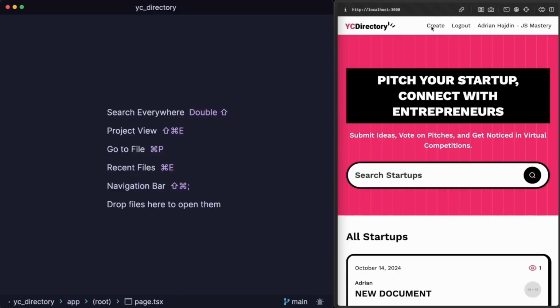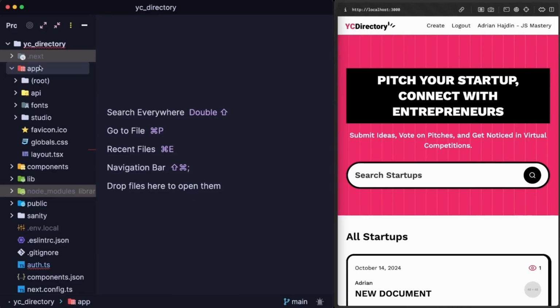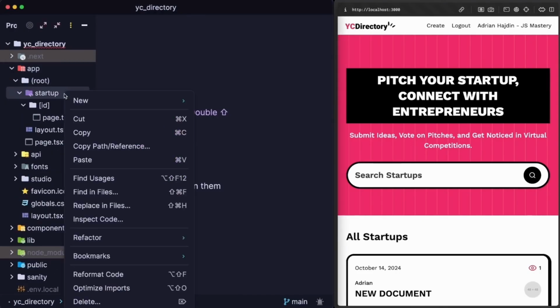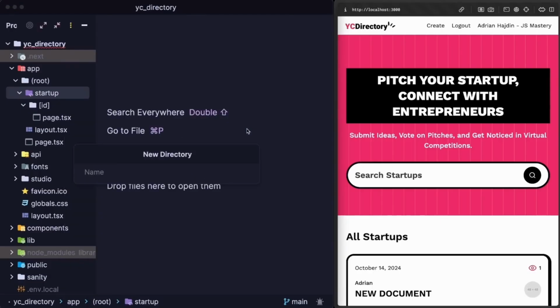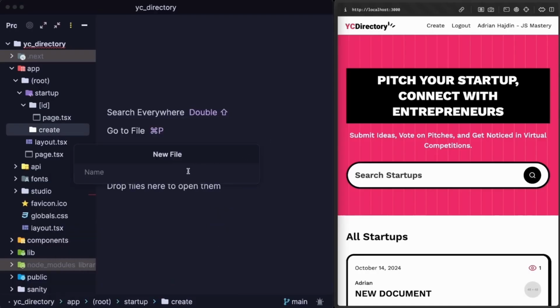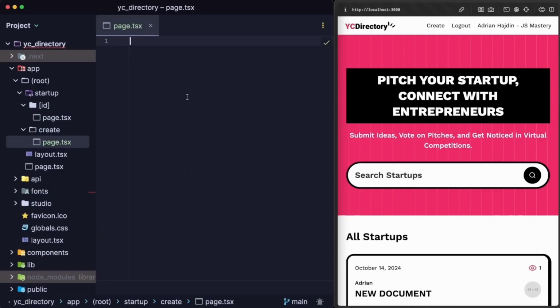To start creating the Create Startup page, we have to create a new route in our application. For that, we'll go to App, Root, and then within Startup, we'll create a new folder called Create. And within the Create folder, we'll create a new file called page.tsx. You know the drill. I'll run RAFCE in there to quickly spin up a simple React functional component, and then